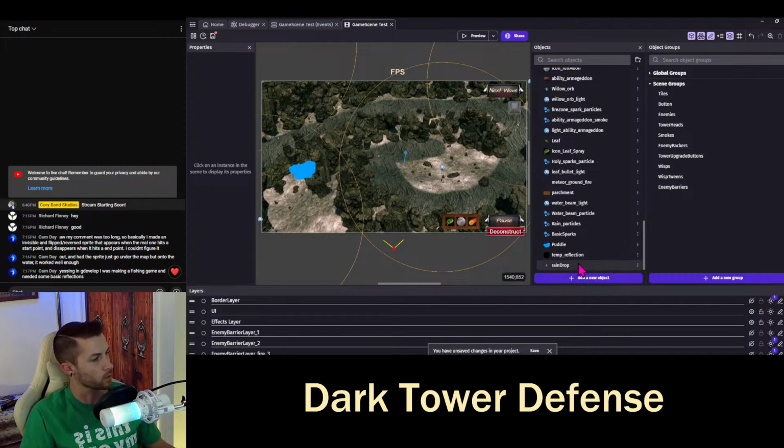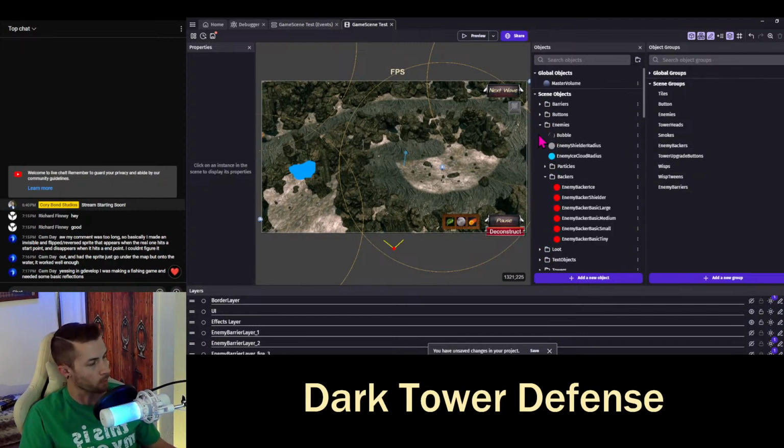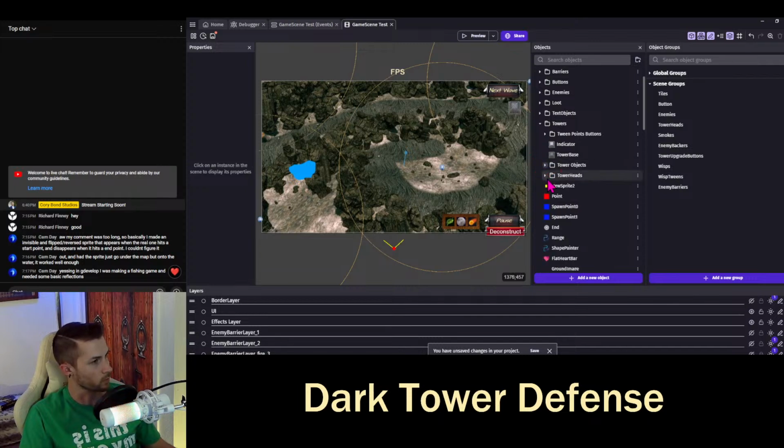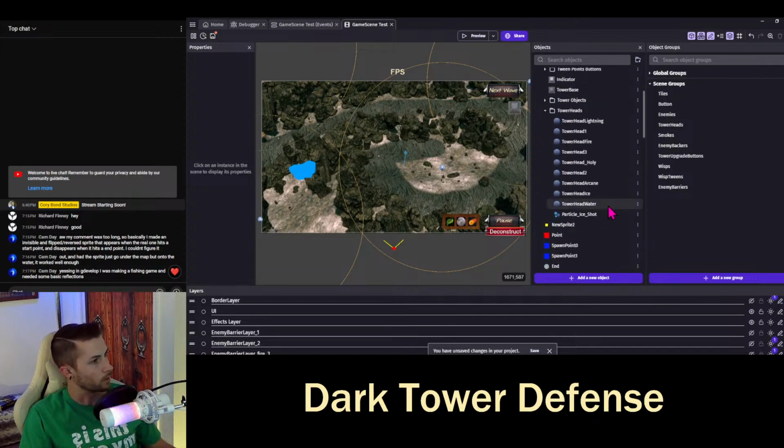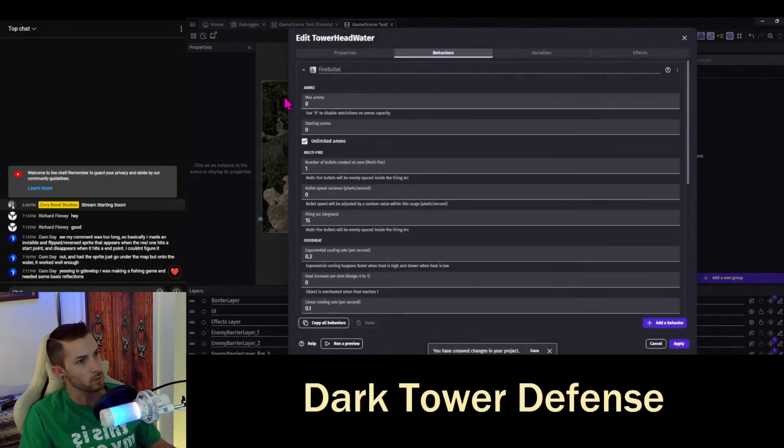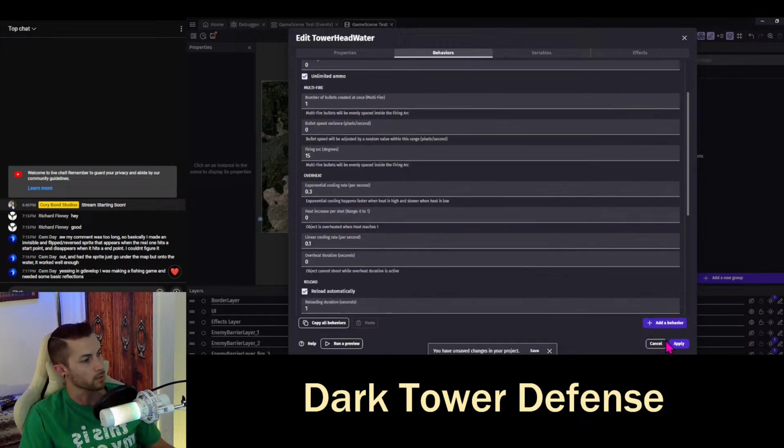Okay, and that's pretty small. And so all I'm going to do is I need my water tower head. Yeah, so close the enemies, look under towers, go to tower object, actually tower heads, and tower head water behaviors. We do have fire bullets, so we could use that, or I could